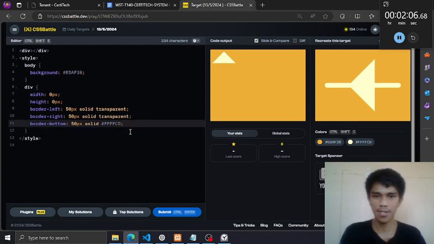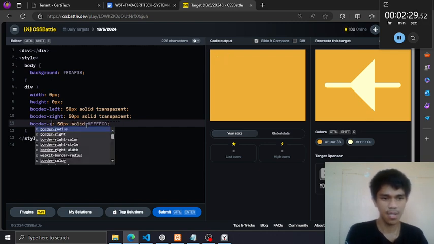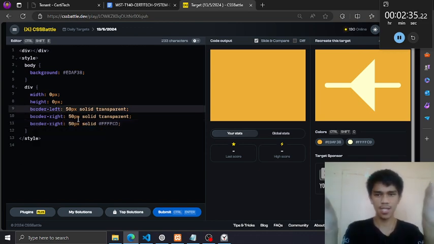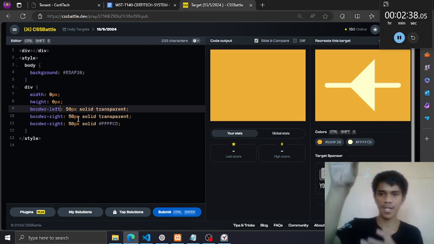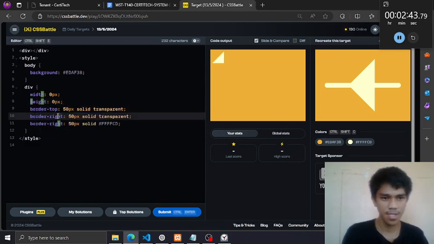Okay, now that we have a pyramid triangle, let's make this face left. To do that, change the base to the right side. Always the opposite of the point or the top. So the base is on the right side. Then the two sides of the triangle would be facing the top and the bottom. So let's do that. Instead of left, change this to top, and instead of right, make this bottom.